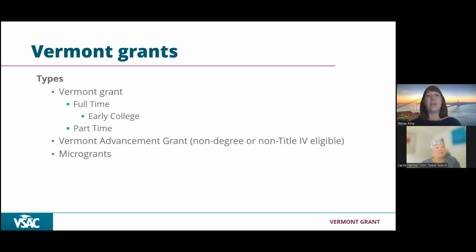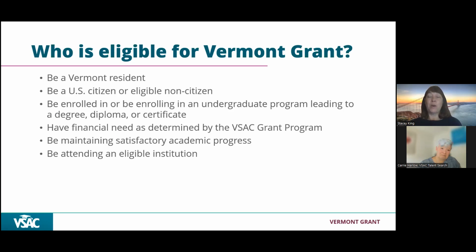There's also the Vermont Advancement Grant, and that's meant for students that are either taking 1 or 2 college classes to try out school, or that are taking something that is not college degree or certificate related. And then most recently, we've added micro grants, which are small pools of money meant to prevent a student from dropping out of their program based on a small emergency expense. So we'll go through the first section about primarily the Vermont degree grant,